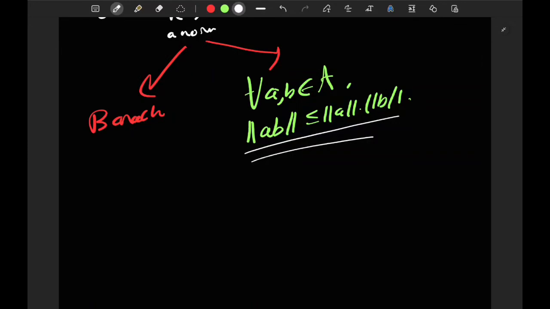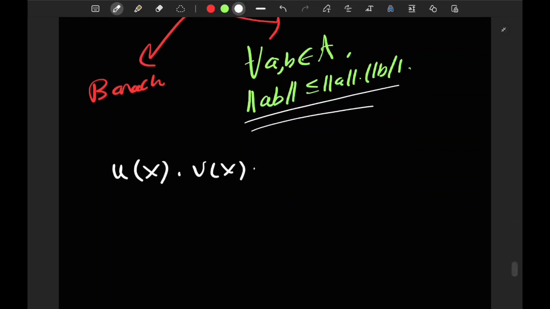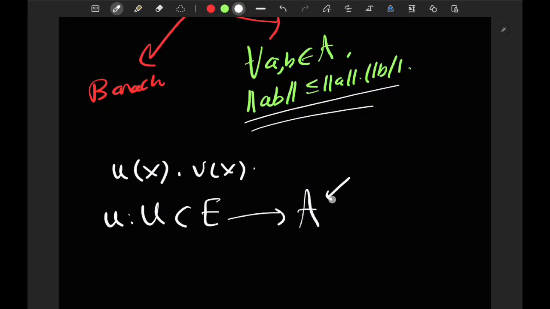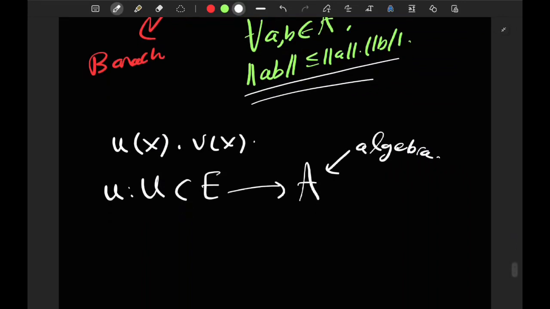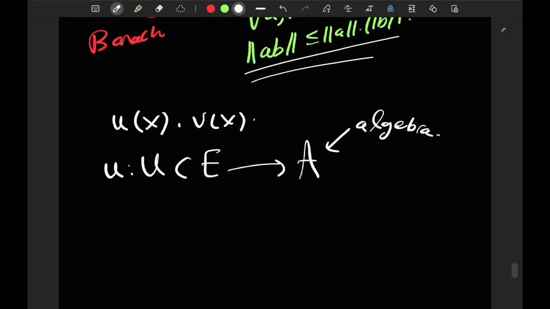And the thing is, that's what we're after, multiplying. So we are after the map u of x times v of x. That's what we are after in the proposition we talked about above. So here we have this for free, because if you define u to be from some open subset U of E, a vector space, into a Banach algebra, okay, let's just say an algebra for now, and you'll see why it needs to be a Banach algebra in a bit, and some v from U, the same U,